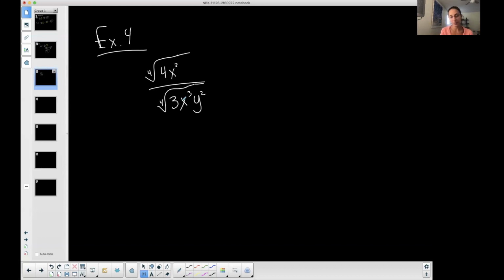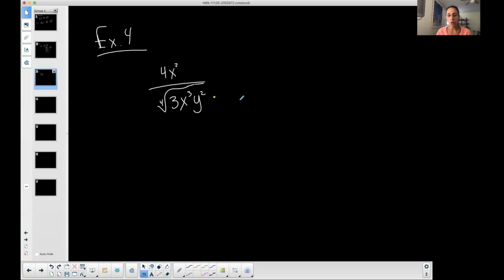Now, I could technically simplify if I want now because of the 4th root and the 4th root, but let's just follow. Actually, let me get rid of this 4th root like this and just make it 4x squared, just to make it follow suit with what we've been doing. 4x squared over the 4th root of 3x to the 3rd times y squared. So I want to divide these expressions, one of which is radical in form, or I want to rationalize the